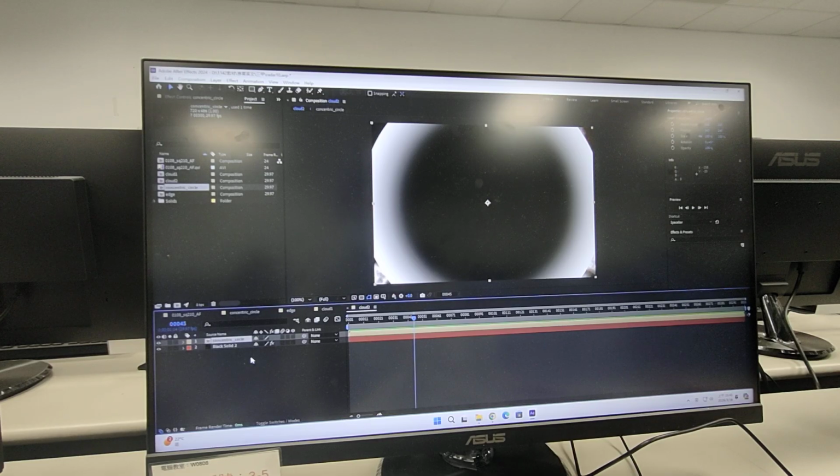If you want to do some composition, you always need the front, the mate, the back.